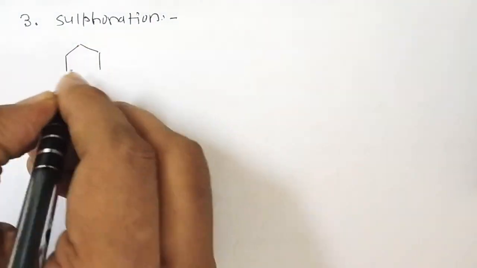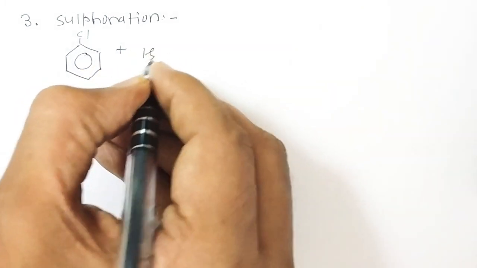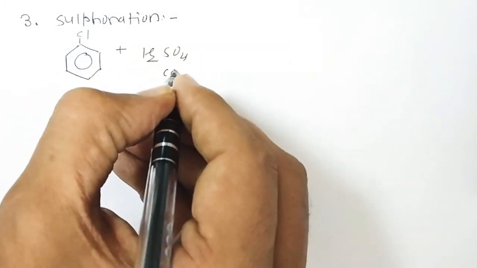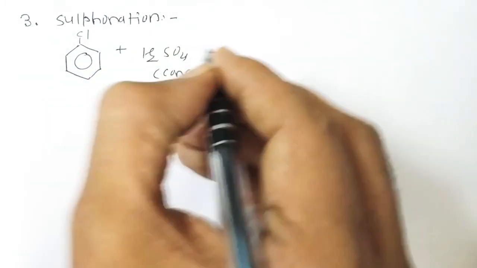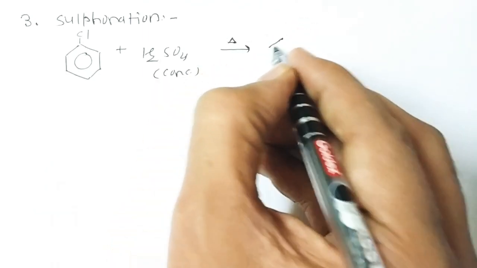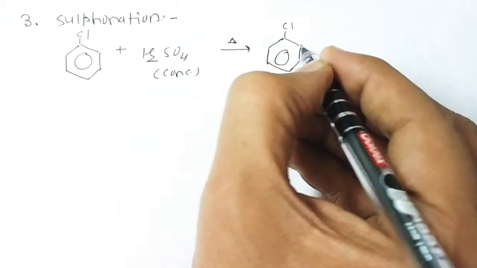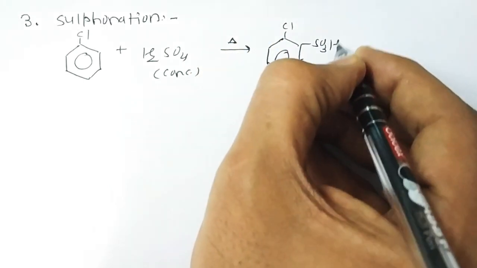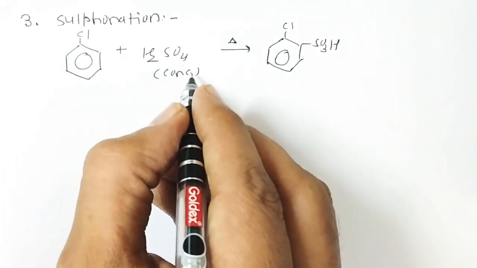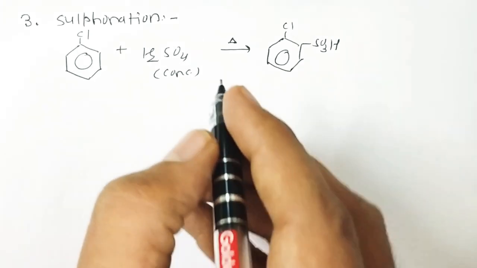So what is in the sulfonation process? In the sulfonation process, you have to take chlorobenzene with the help of concentrated H2SO4, or sometimes we have to take oleum, H2S2O7, right? It's a fuming H2SO4, sometimes called fuming H2SO4. So now chlorine and SO3H group, SO3 first H2SO4 and SO3 is formed as a fuming H2SO4, and this SO3H